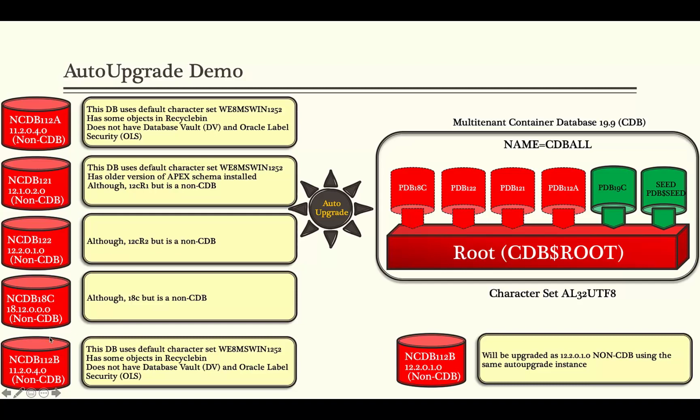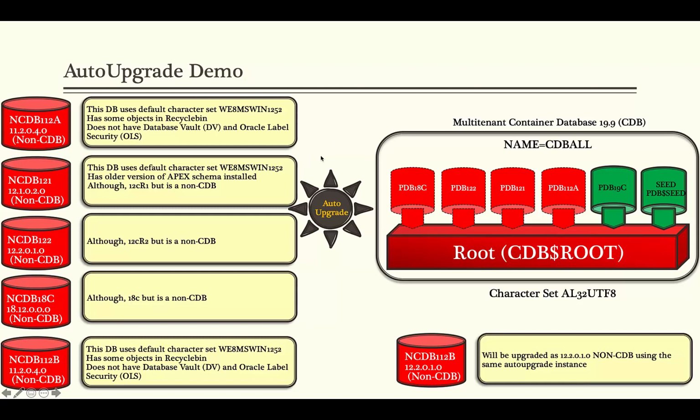All the heavy lifting for these 5 databases, as part of pre-upgrade, or for that matter analyzing them, finding out the problems with them, going through pre-upgrade fixes, doing the actual upgrade, converting them to pluggable databases, and running post-upgrade activities, would be done using a single auto upgrade command, which would depend largely on the input that I provide. That input file is called a config file, which would have 5 different sections, one section for each of those databases, apart from the global section.